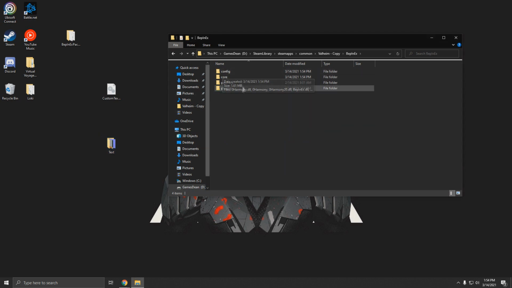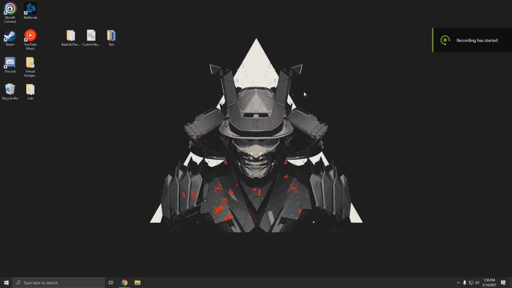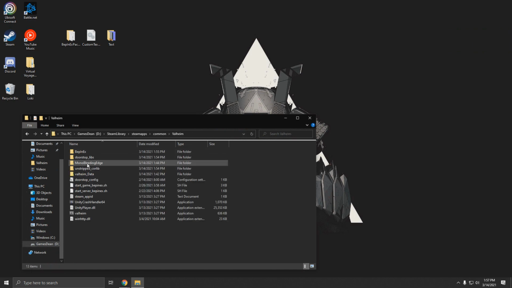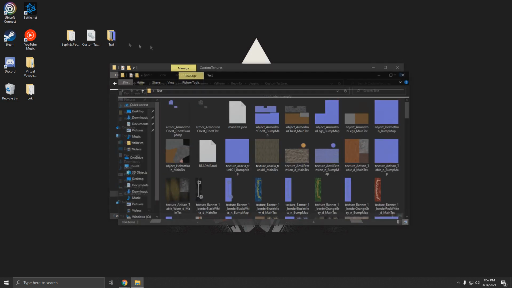So the text file, you want to go to plugins, and you will need to load the game up first. So once you boot up your game, and once you're in the menu, just back out and then go to your game directory again. So go to your library where Valheim's at, go to the BestValheim folder, and then go to plugins, make your way to the custom textures folder. Don't click on anything else, just click on the folder,